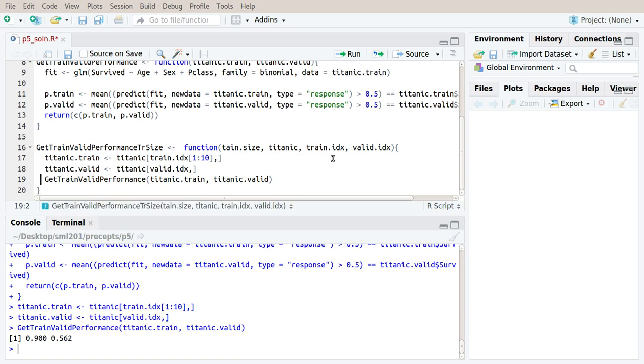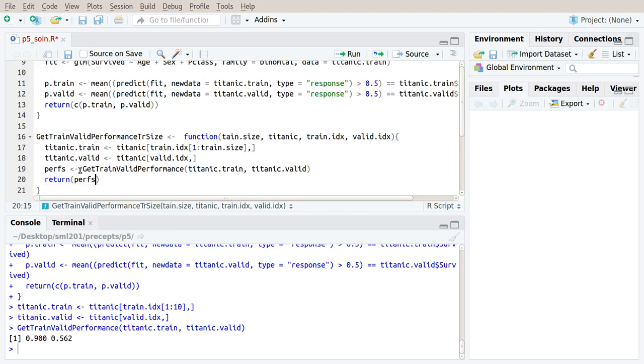close the brace here. Now I'm defining Titanic train, so here we're going from 1 to train.size, and all the rows. The validation set stays the same, and now the performance is going to be this, so we can just say performance is this, and at this point we can just return it. We could even say return perfs, but you could just as well have said return all of this. That would be fine too. So let's try it now. I define this function,